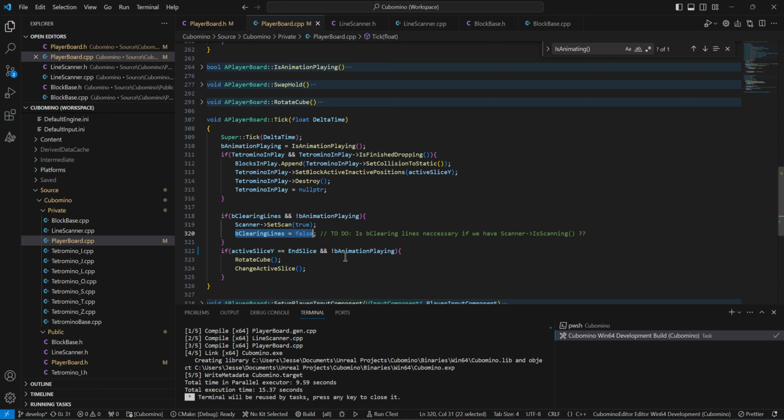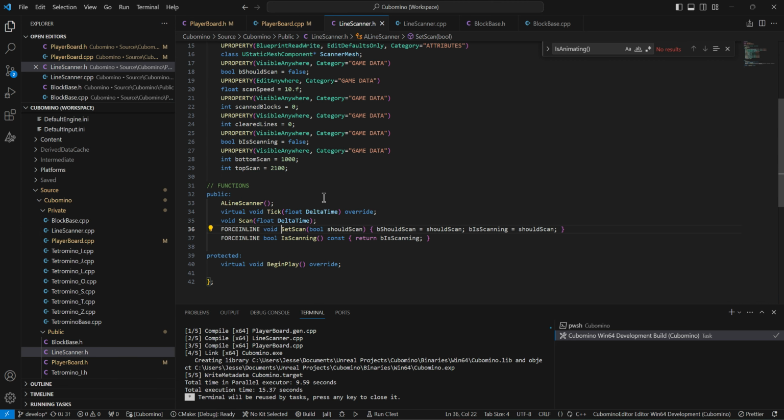Then clearing lines will be false. The scanner can take over the logic from there. So set scan is just setting the boolean here. If it should be scanning, scanning equals should scan, and if scanning is true, you also want to set that, because we have an is scanning function here as well, and we want that to be going at the same time,